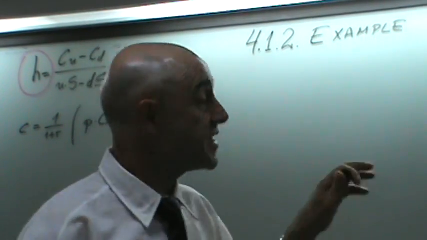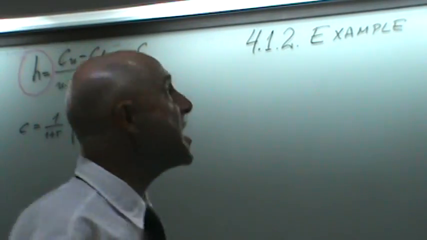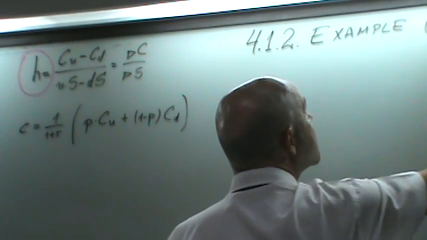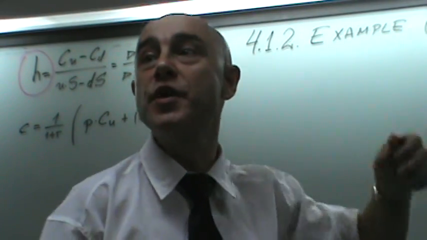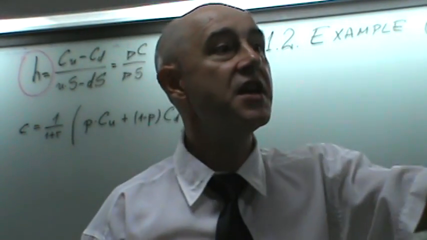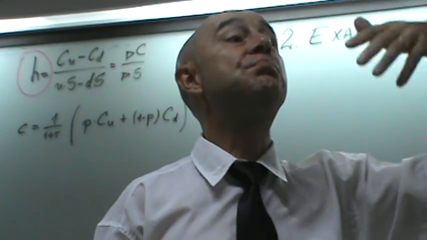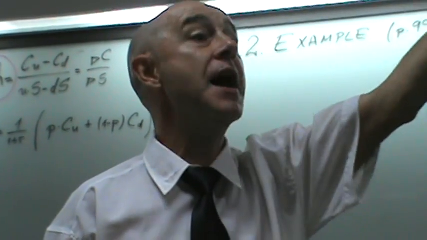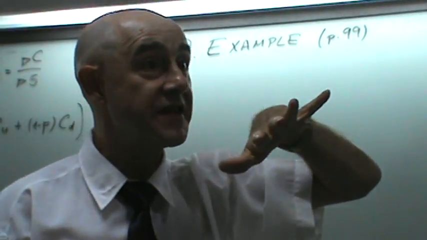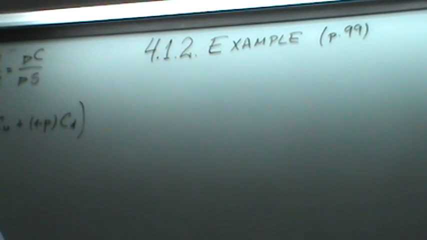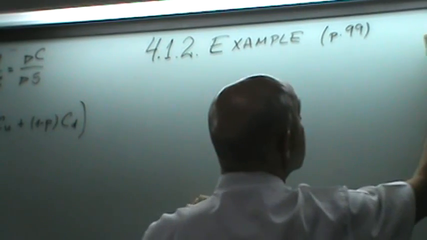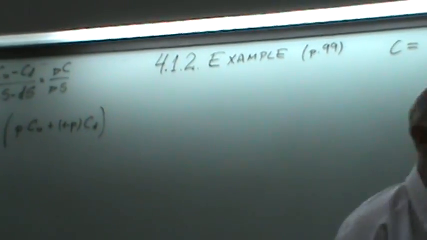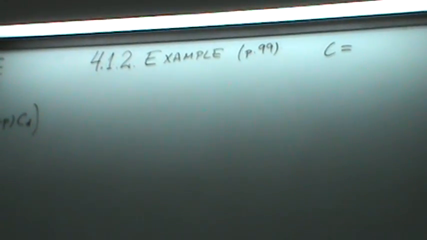The illustrative example, that's on page 99. So for you, it's going to be page 103. And we already did the D, the U, the price of the call on the up, the price of the call on the down. And we finally calculated that the call price is over there,